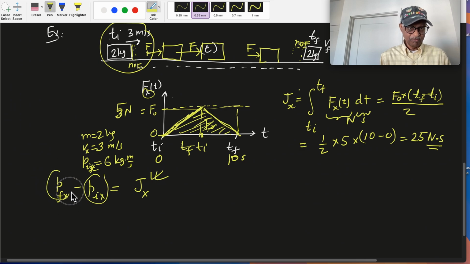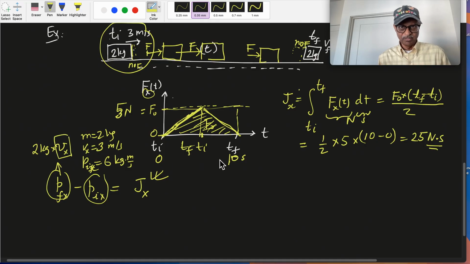This one is 2 kilograms times Vx, which is what we don't know, so we want to figure it out. So that's 2 kilograms times V final x, minus 6 kilogram meter per second,